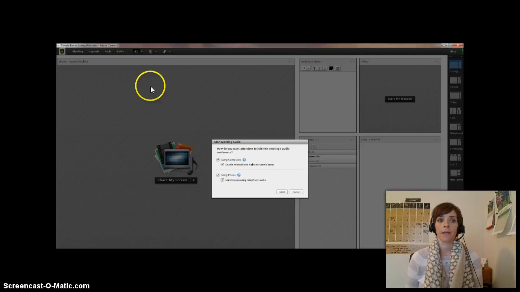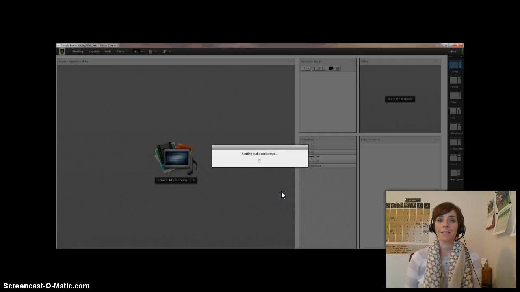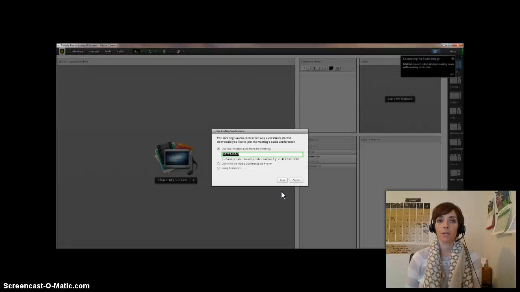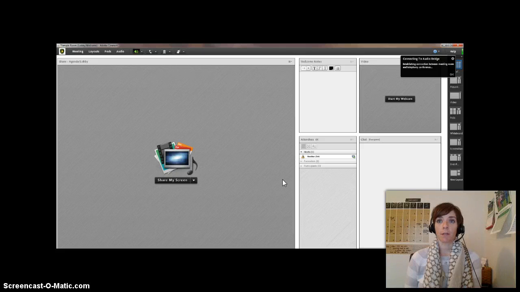So if we start meeting audio, because now you might have some students that come in and want to use the phone, we want to make sure that both of these buttons are selected, using phone and computer. But you as the instructor must start the audio conference, meaning you must dial in through the phone if you want to allow your students to do that. The easiest way to do it is to enter a phone number right here in the screen. I have used the phone before for this option, so it automatically remembered my last phone number that I entered. We would click join. It's going to dial that option on my computer,